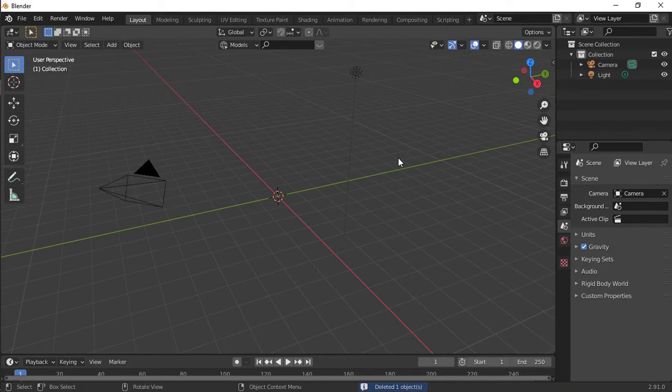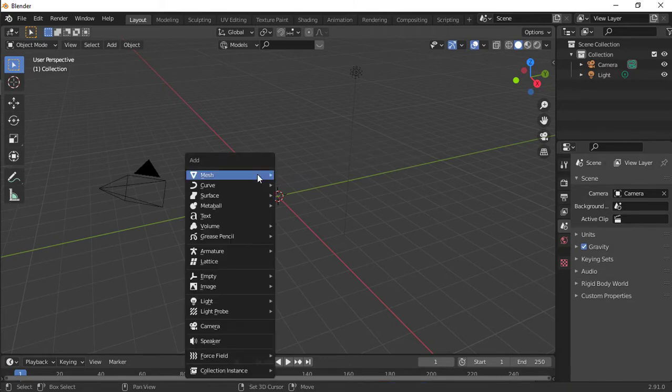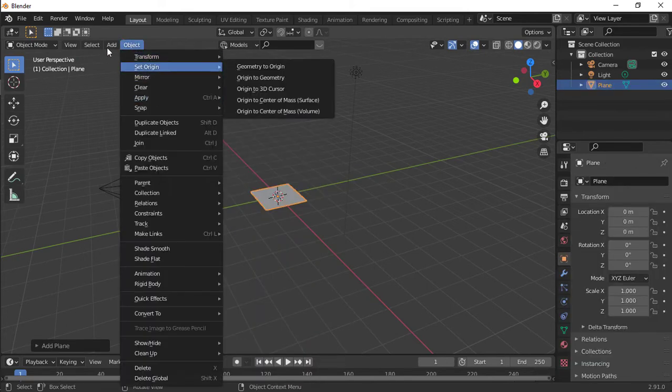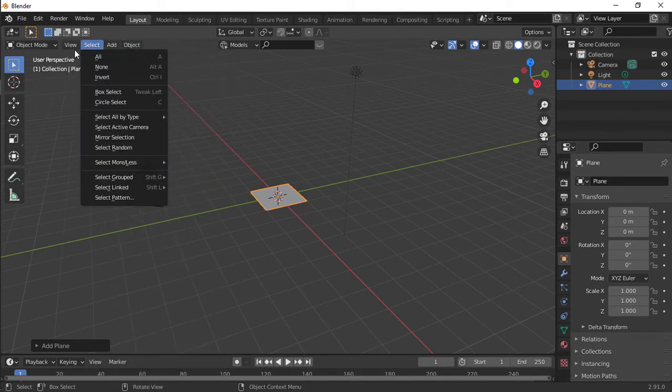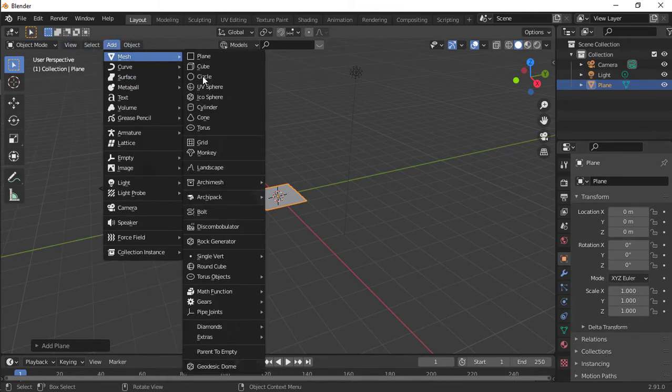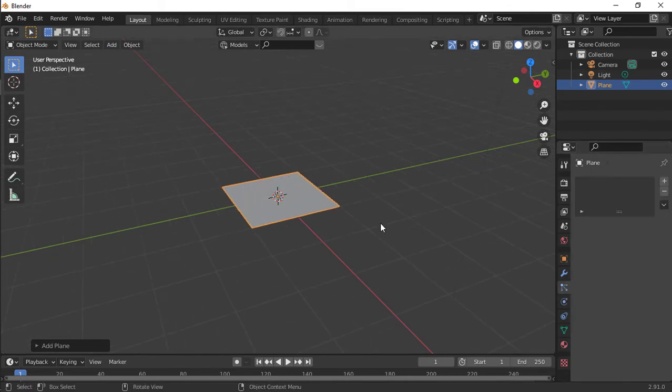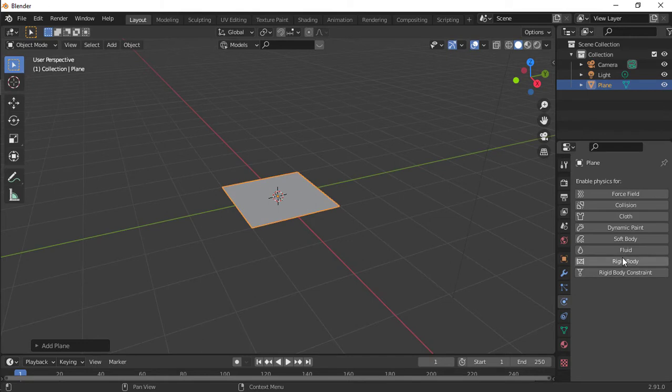Delete the default cube. You can either press delete or X to delete. Shift A, add a plane, add, mesh, plane. So now this object will be our canvas, in other words the river or lake on which the raindrops will be falling. So just go under the physics properties,